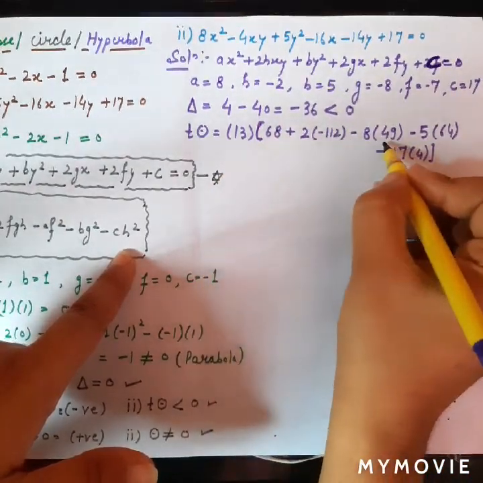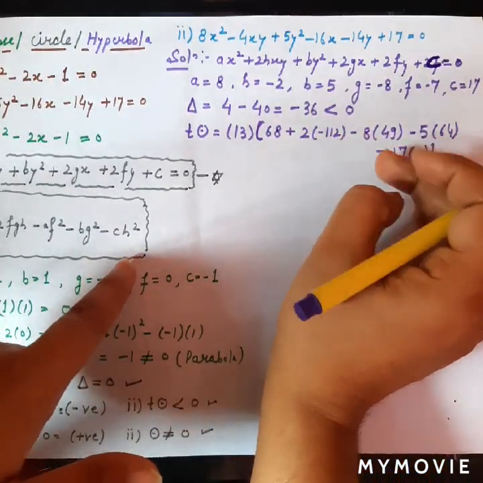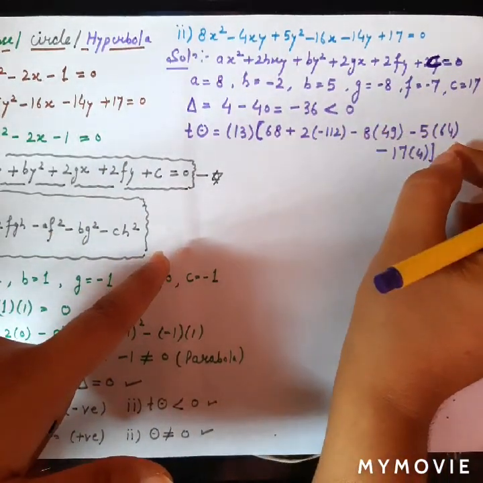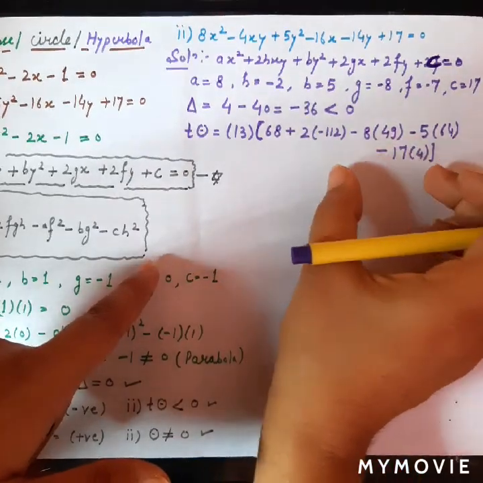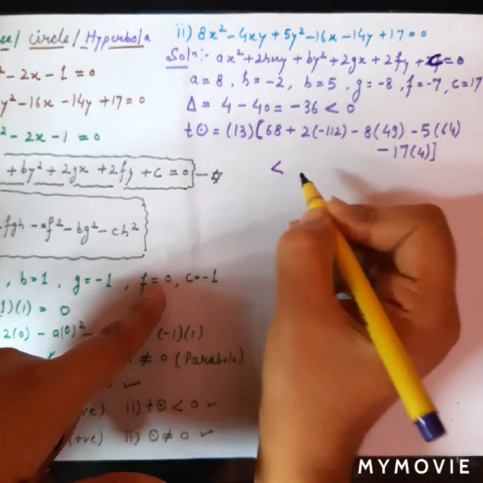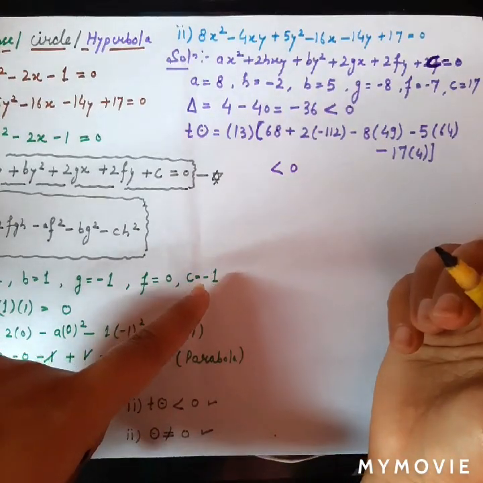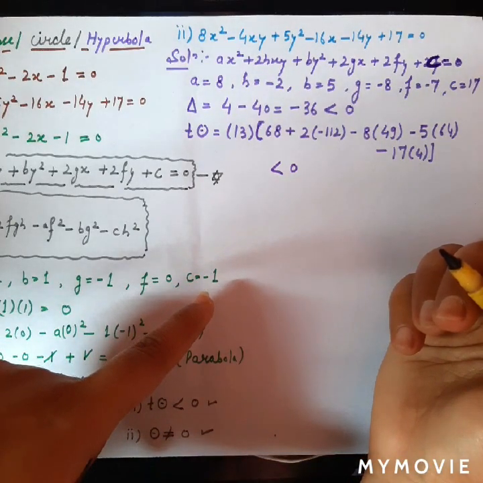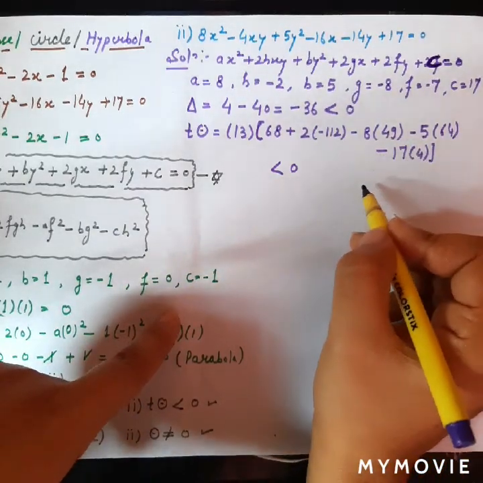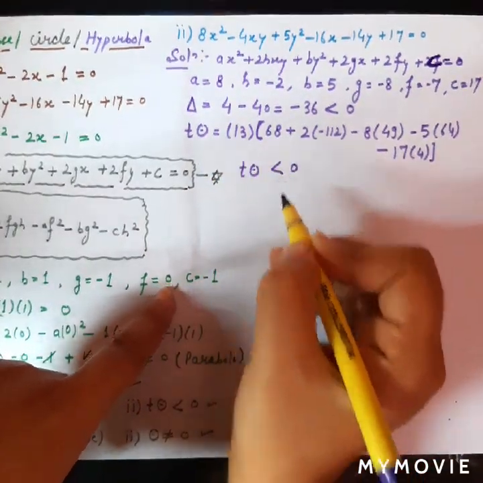Now this is negative, this is negative, this is negative, this is negative. So we have 4 terms which are comparatively larger, and these are negative in number. So when we add again, we will get a bigger number which has a negative sign. So we already know that this will give us a value which will be less than 0. You can calculate this also, but there is no need, because it would just be a waste of time. As a mathematician, you can see that this will give us a negative value, right? So t phi is again less than 0.